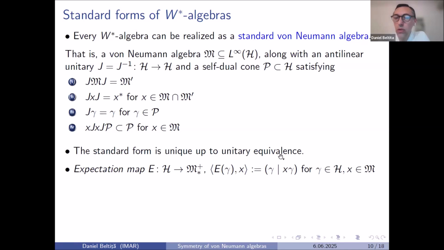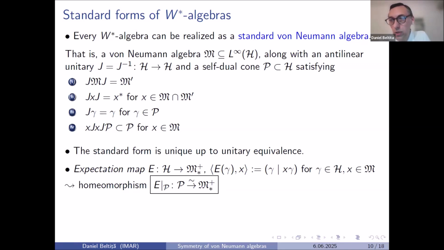For a rank 1 positive operator, by the trace duality we obtain this mapping. In any case, this is not a linear map because it is quadratic. As you see, the right-hand side depends quadratically on gamma. And this leads, quite remarkably, to a homomorphism between the cone in the Hilbert space and the positive cone in the predual. Why is it remarkable? Because, as I explained before, the Banach space given by the predual is quite the opposite of a Hilbert space. They are very different Banach spaces, but still we have closed generating cones that are homomorphic. However, as I said, not linearly, but quadratically in some sense.